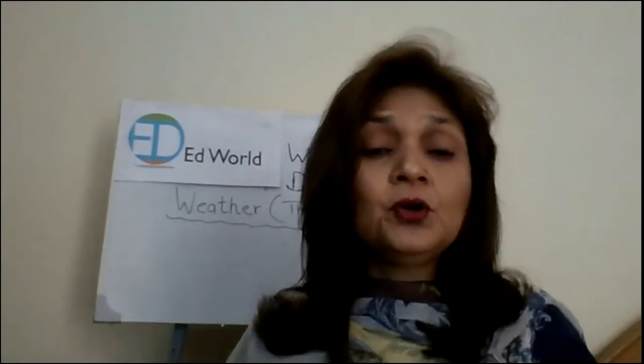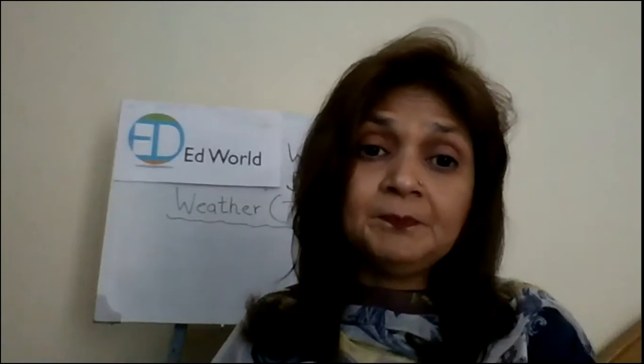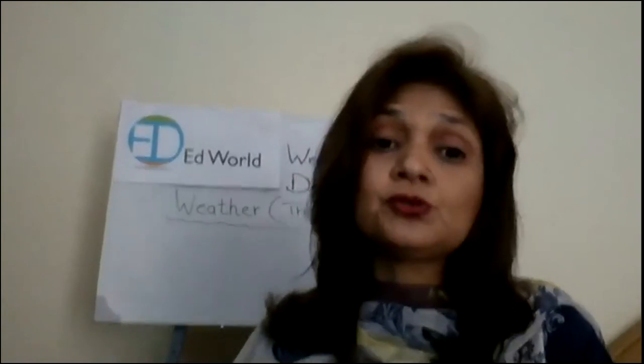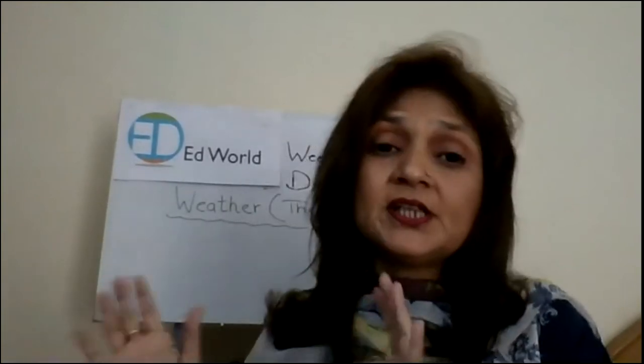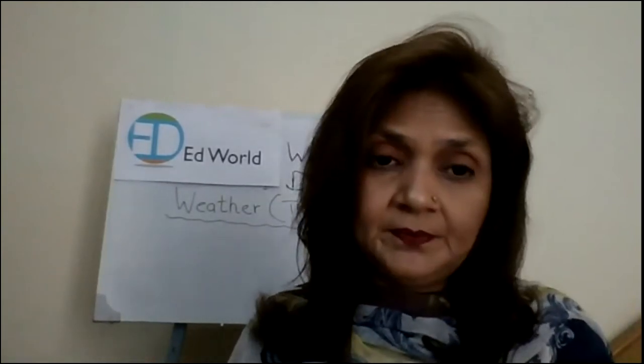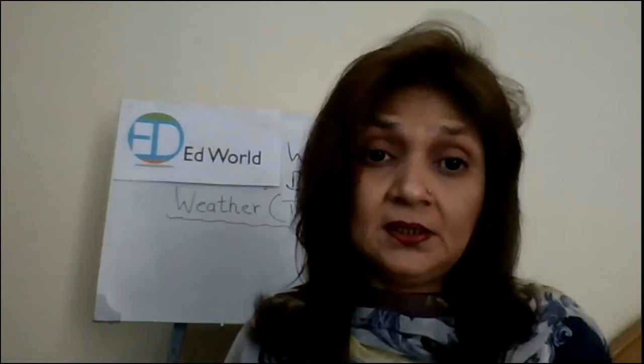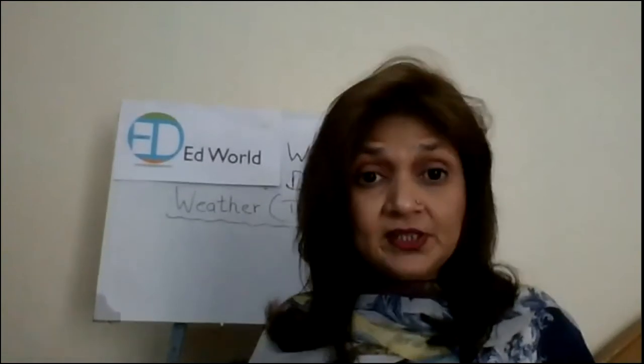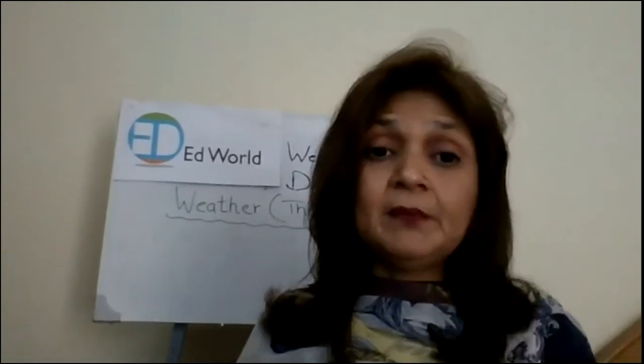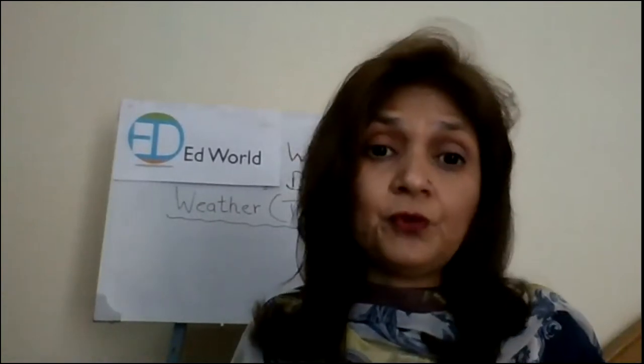So whenever there is this type of thunderstorm which you have seen in the video, what you should do is find some indoor shelter for yourself. Indoor shelter means you should stay inside your rooms, stay inside your house. Don't go outside. Stay away from water. Stay away from metal. Stay away from telephone wires, from the things that use electricity, because they might be dangerous for you. So these are the safety measures that you should follow.